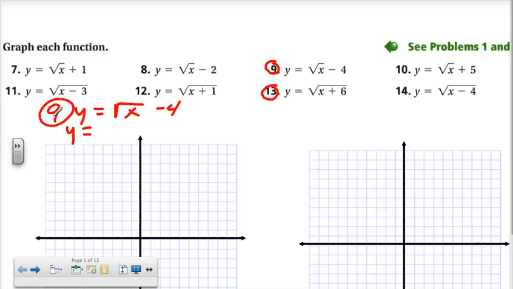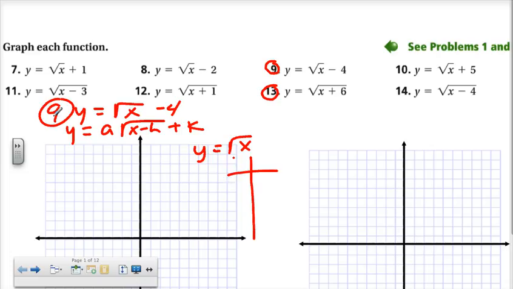So we think about our y equals a square roots of x minus h plus k. And we realize that what we're looking at here is just a basic graph of y equals the square root of x. But then we have that minus 4, and the k of negative 4 means we're going to move that 4 units down. So we start by just graphing the parent function, and as we did in class,